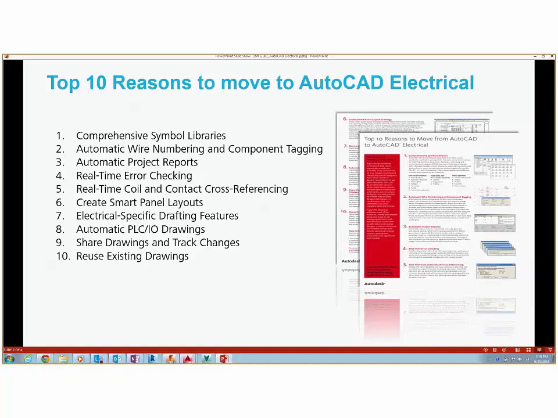But symbol libraries, automatic wire numbering and component tagging, reports, error checking, cross-referencing, smart panel layouts, electrical specific features, PLC I/O drawings, tracking drawing changes, reusing existing data. Right, so I'm going to show most of these to you guys so you can see what they look like, so that you're aware of and talk again to the benefits of each of these that they bring to the table,